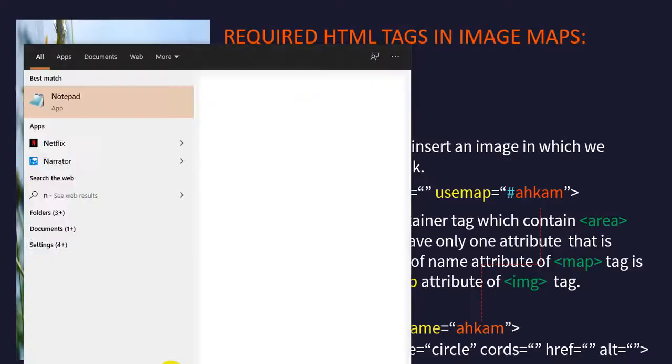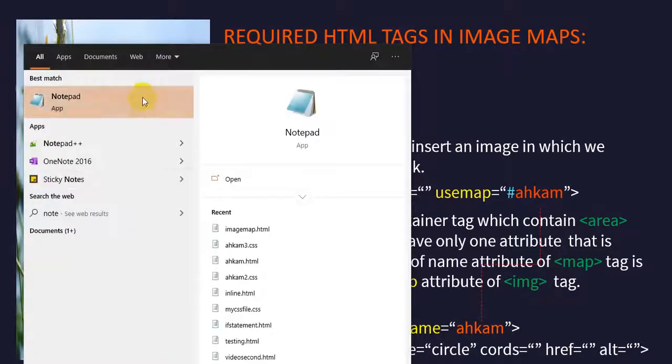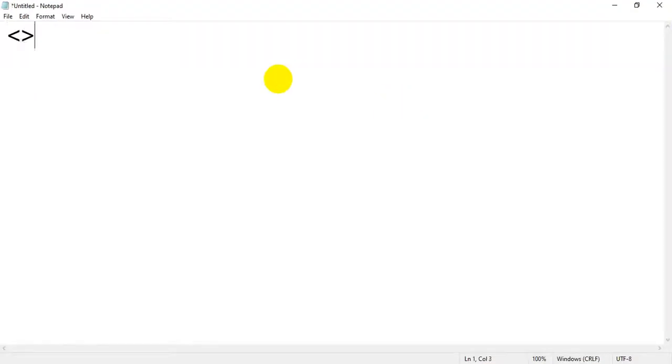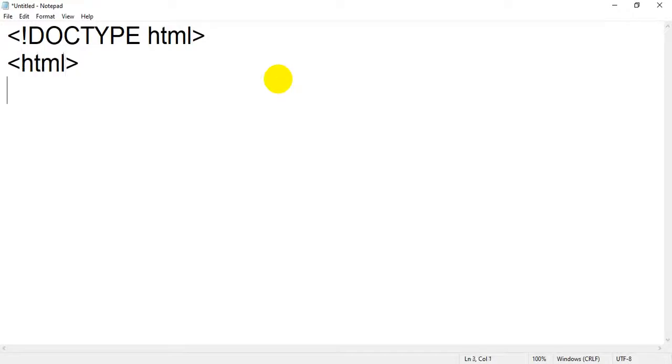This is my notepad application, in which I will write a simple HTML page. Doctype is HTML because I am writing code in HTML5, and the first tag will be HTML and the last tag will be HTML. Between that I will add the head tag on top,